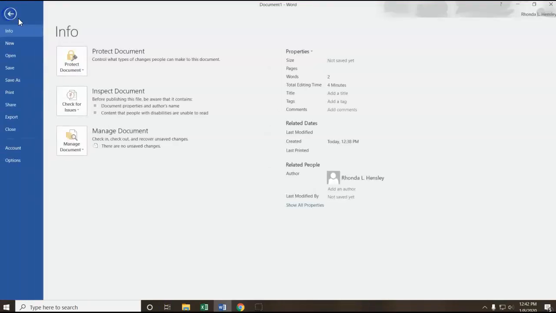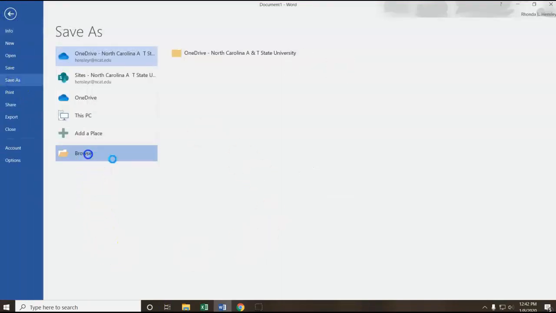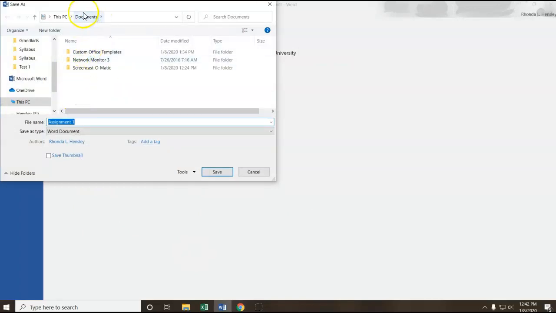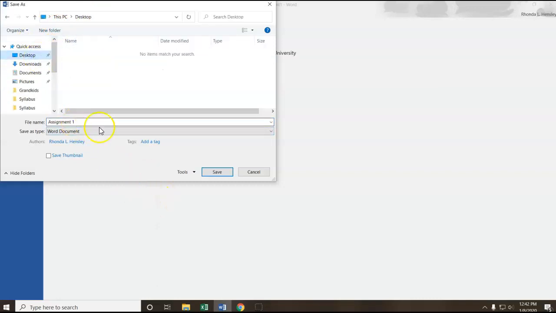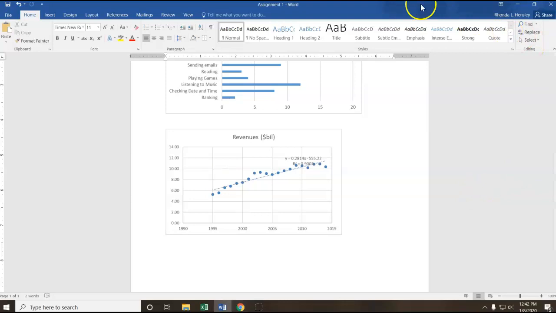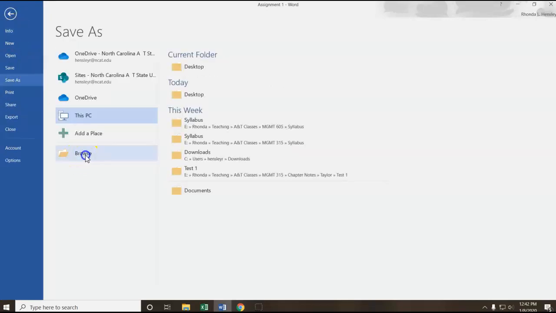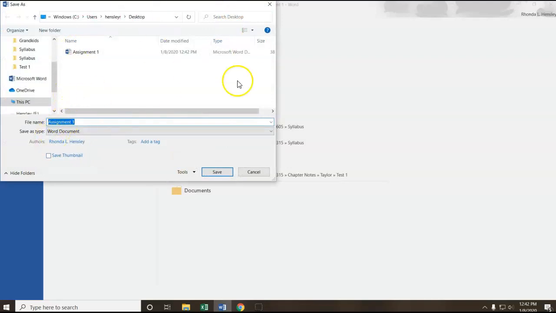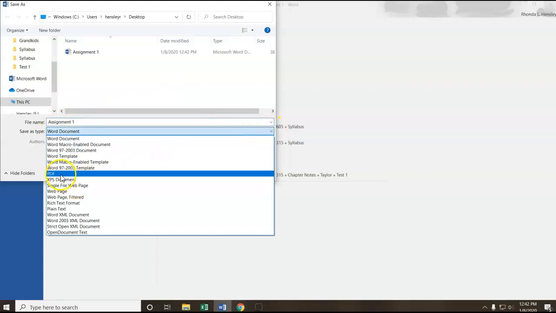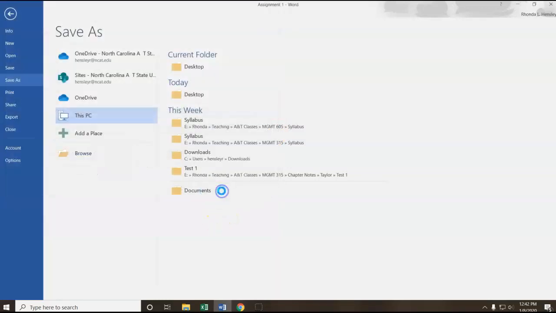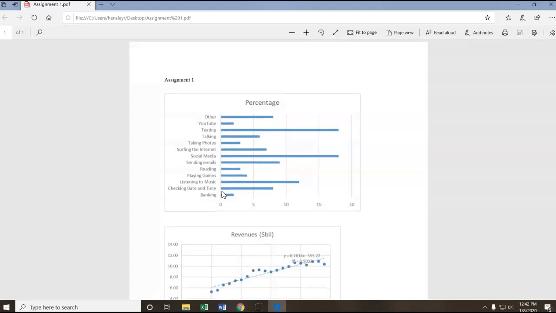And assuming you wanted to send this to me, you would do a File and Save As. I'm just going to save this right on my desktop as assignment 1. Once you get it saved on your computer, whatever file name you want, go back and do a Save As and browse. It'll take you back to wherever you put it, with the same name. It says Word document, but you're going to scroll down till you get to PDF, and you're going to say Save. And this saves it as PDF, which means when you email me your assignment, I can open it up,